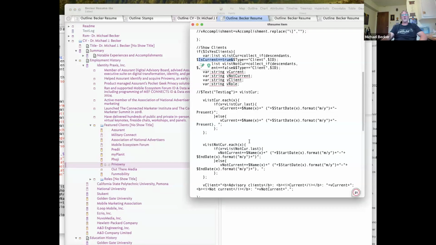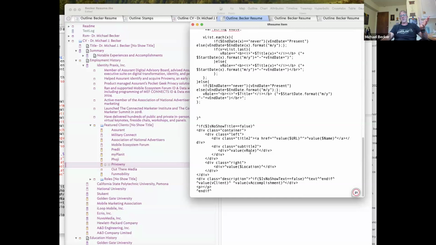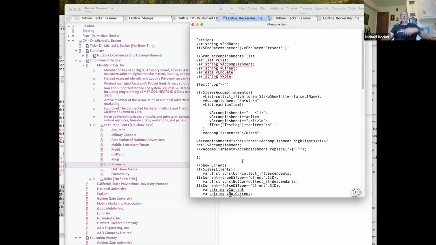So if I go back to here, that's creating the v not client value versus the v current value. I then populate that in the variable v client, advisory client, current. Here's the populating of that v current client. Here's the populating of the v not current client. And then this complete construct v client, if it has a value, will get automatically put into the text right there. So that's how, again, it's like a big puzzle that you're just taking its pieces and reconstructing them